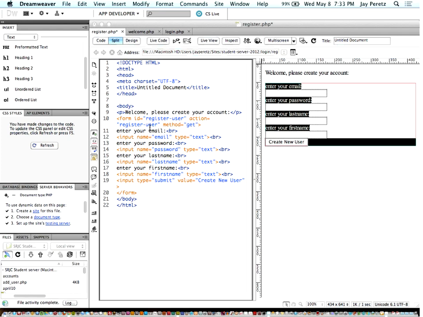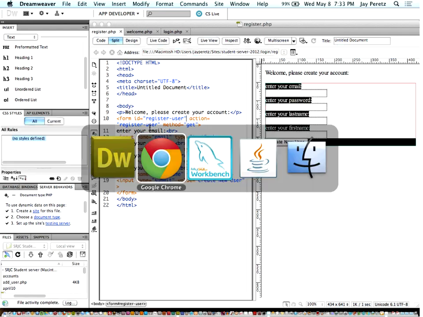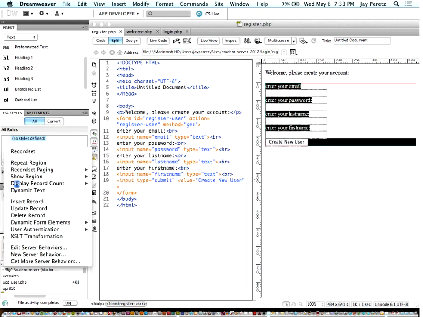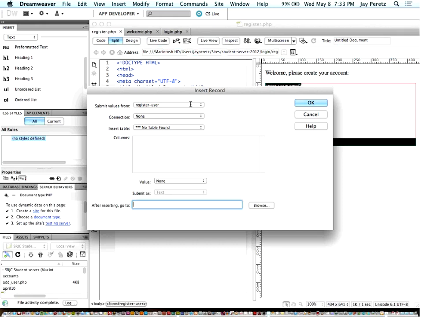So when I created the form, I entered the data in the wrong slot. Let's see if it'll work. Insert record, and now it can find my form. So if you give your form an ID, and forms should have IDs because they are usually unique on a page,